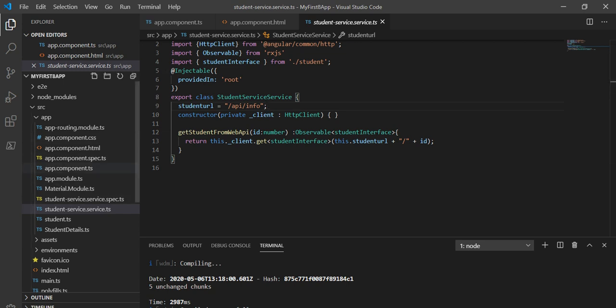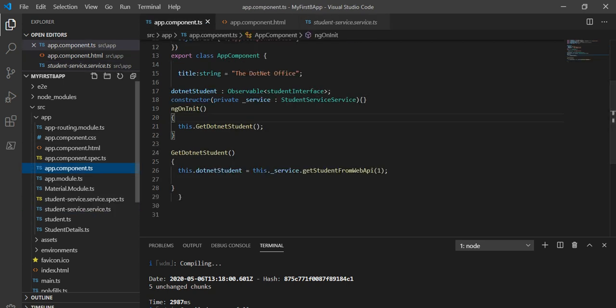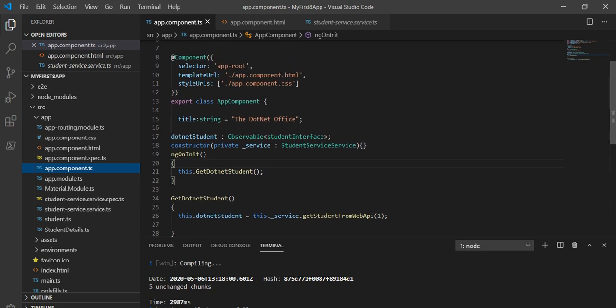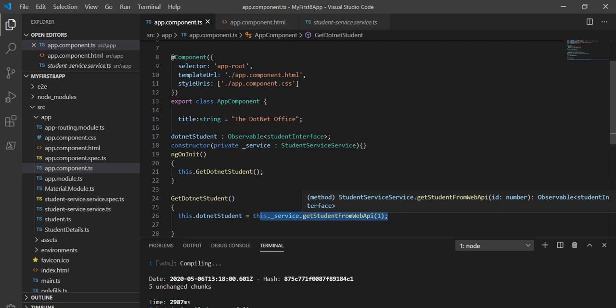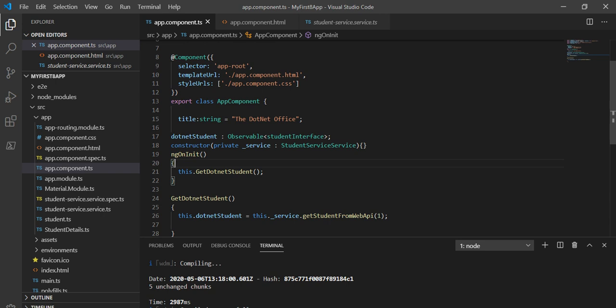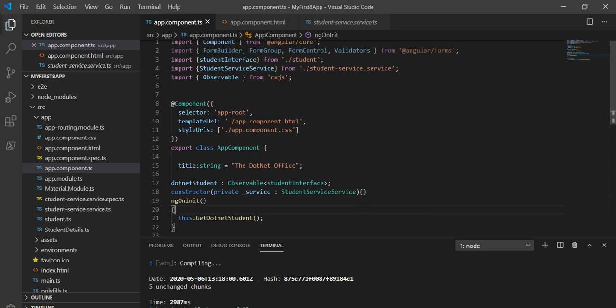So here we can see, in the component app.ts, we have created this function, and from here we are passing the respective ID and it gives the data. The output will be an observable, the return type will be the observable. So what we will do, we will create our map operators here.